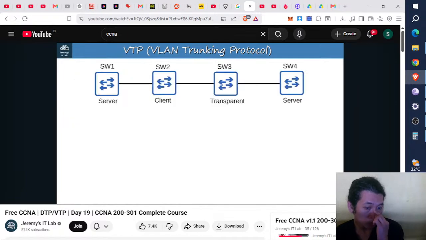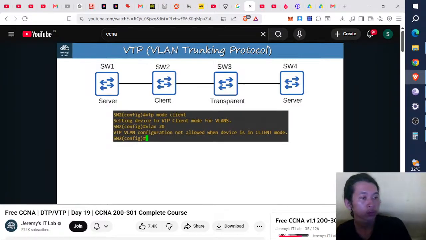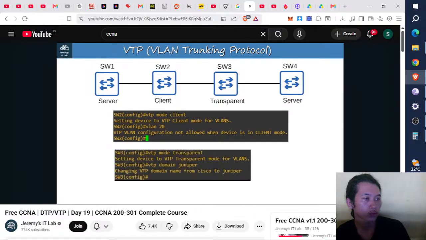So let's compare the functionality of server, client, and transparent mode switches. I set switch 2 to client mode with the command VTP mode client. Afterward, I tried to create VLAN 20 on the switch, but as you can see, I was rejected because switch 2 is now in client mode. Then I set switch 3 to transparent mode with VTP mode transparent. Also, to show you that a transparent mode switch won't forward advertisements if it's in a different domain, I changed the domain name to